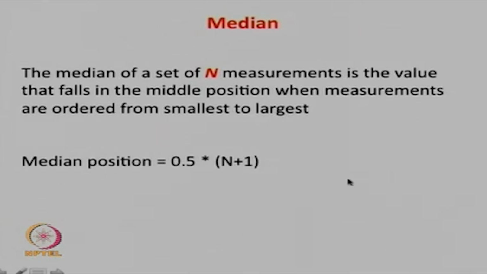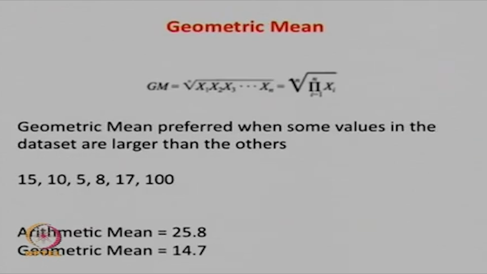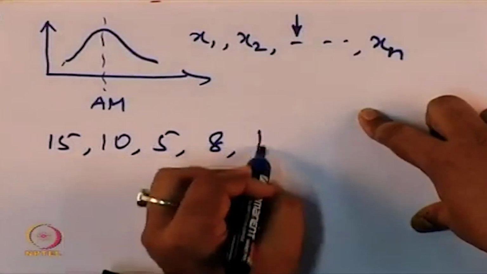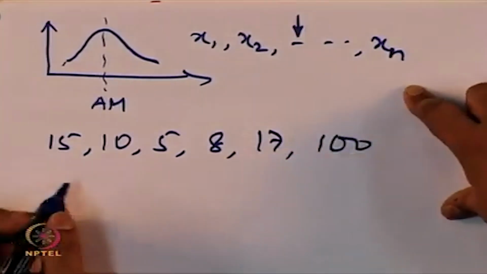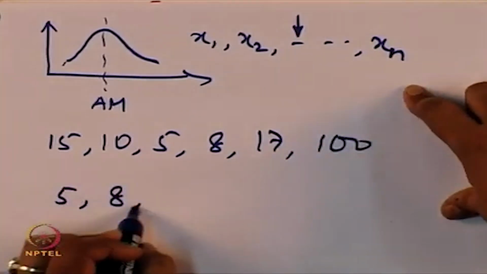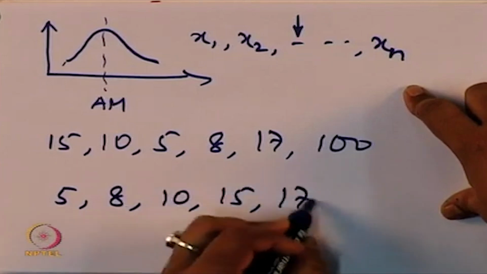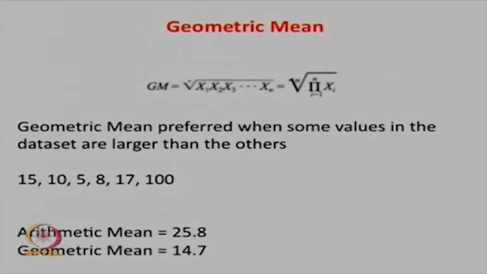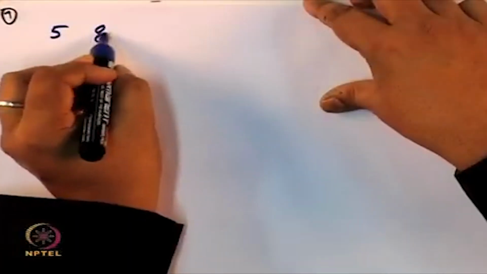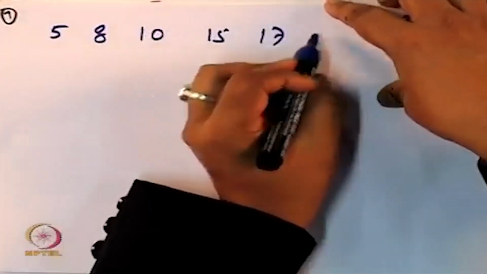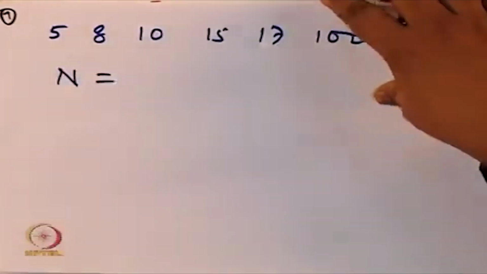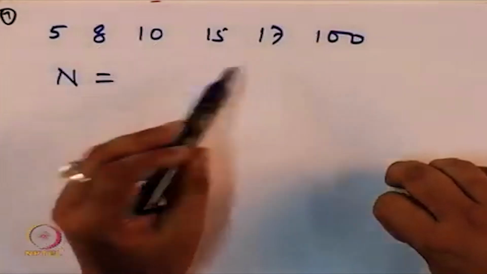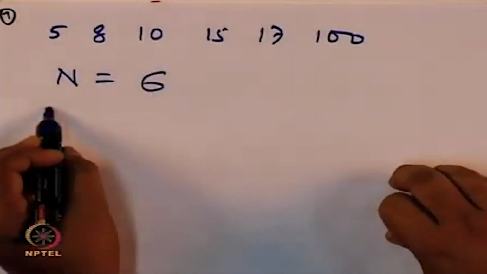Let us do the previous numbers. If I go back to the previous slide, my numbers were 15, 10, 5, 8, 17 and 100. If I sort them and write them together, 5, 8, 10, 15, 17, 100. So, this is a sorted list. What is my n? n is the total number of numbers I have, which is 1, 2, 3, 4, 5, 6. So, my median position